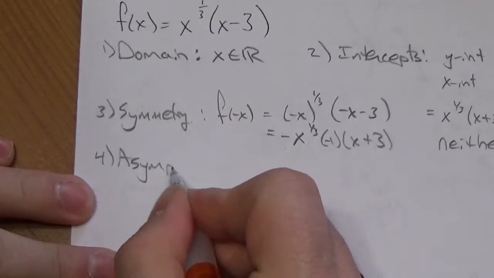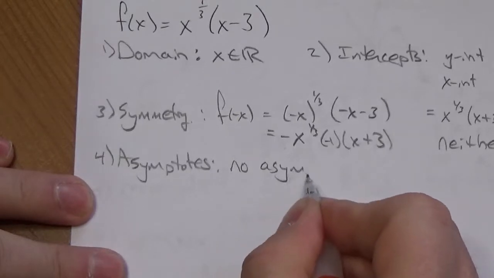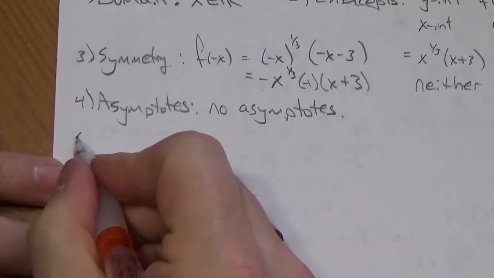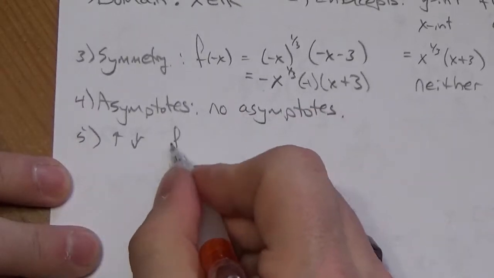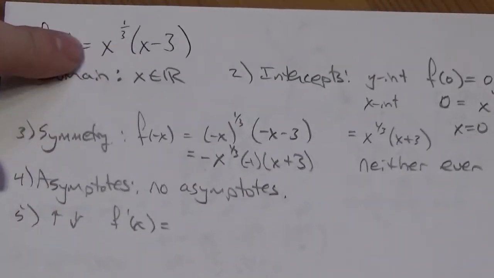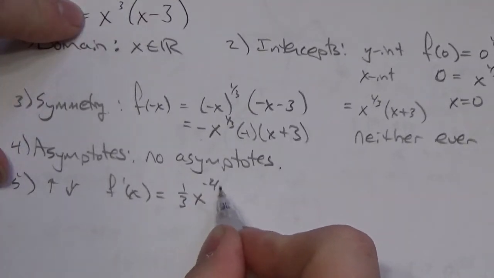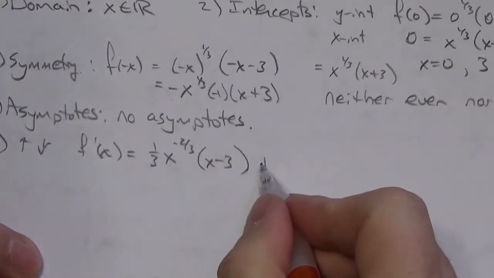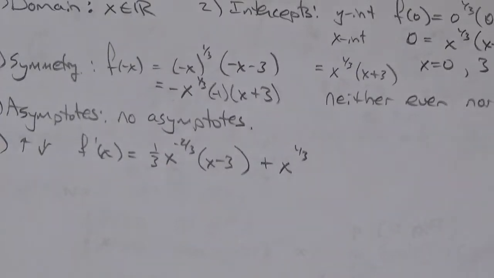Let's look for the asymptotes. In this case, no asymptotes because it's not irrational. So that was easy. Now let's take a look at the intervals of increase and decrease, which means we've got to take the derivative. So here we go. The derivative of this, we're going to use the product rule, so it'll be 1/3 x to the negative 2/3 times x minus 3,